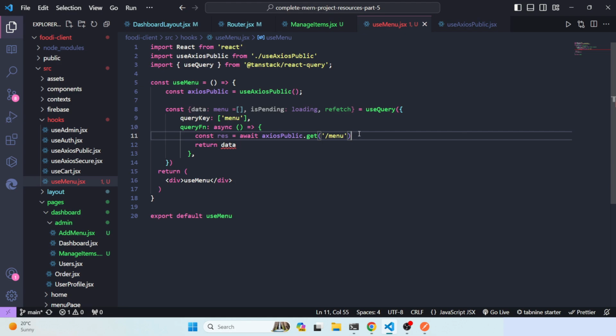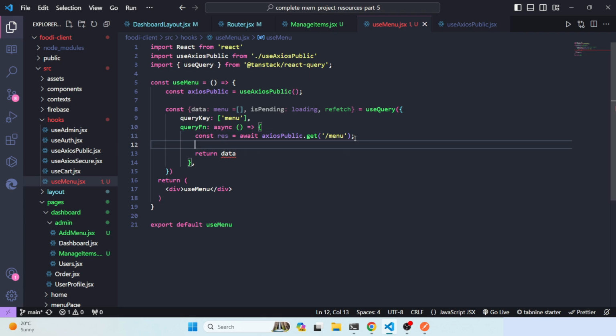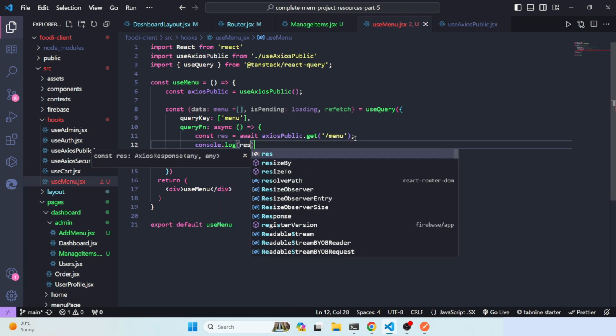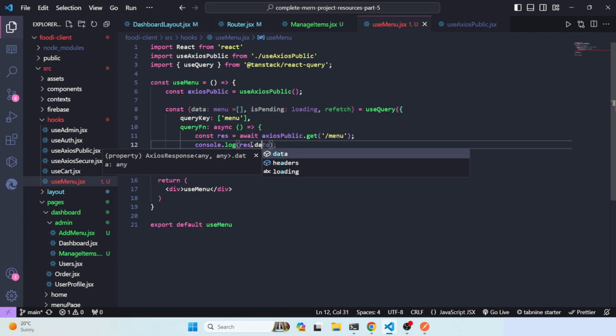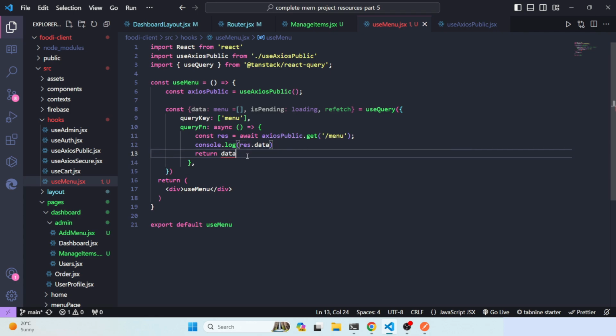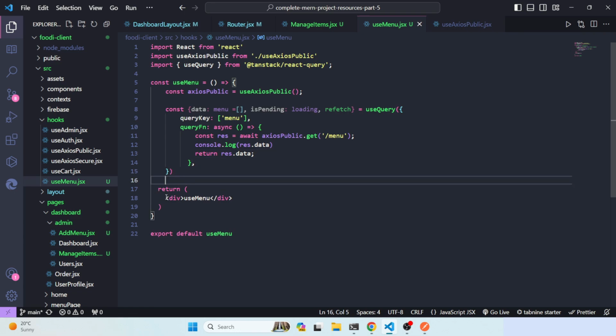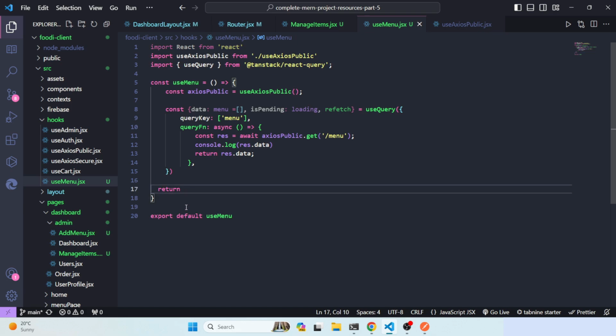After then we can just console log res, and actually you can just console log res.data. Okay, then we'll just return this data, res.data. Okay, so after then here you can see this is the return block. We need to return something, so that's why we'll delete that. We'll return